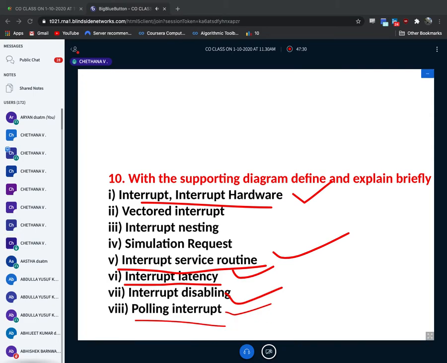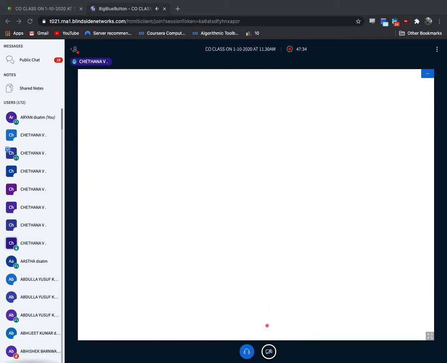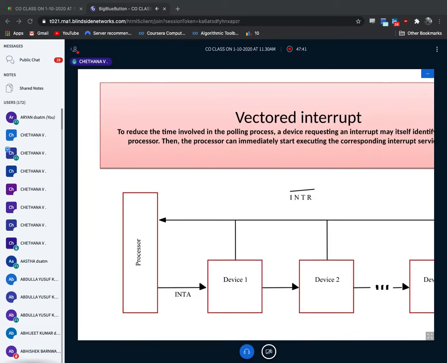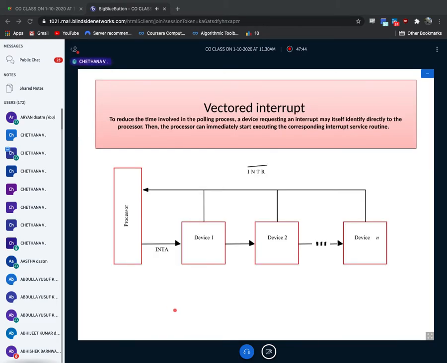Yes. Next, let me tell you one more concept. Everything is a concept actually. Now I will take you to the slide: vectored interrupt. This is very, very simple. It is the opposite of that. Polling means the politician will come to your house asking for your vote. The voting has been done, he has won, and he is becoming some minister.